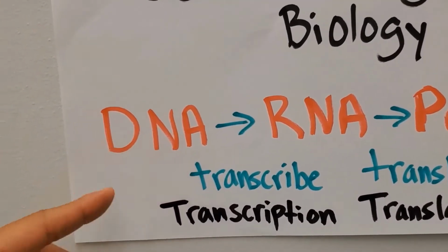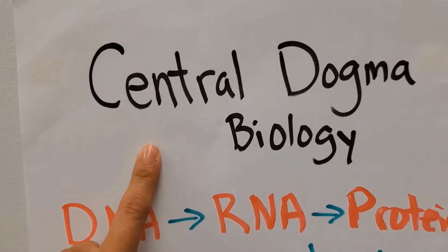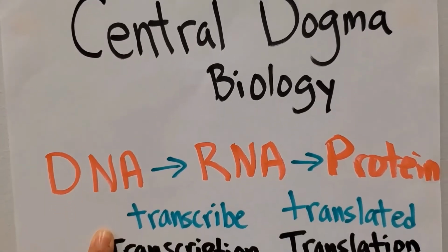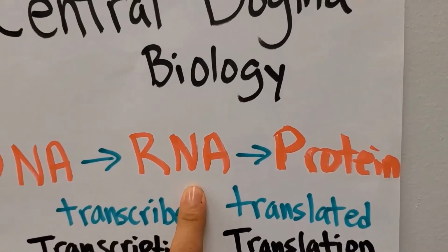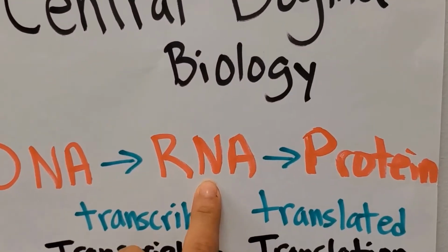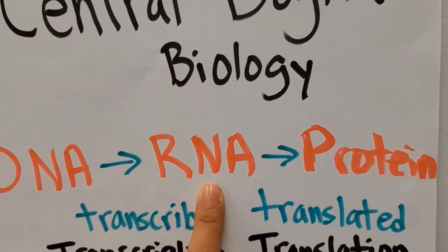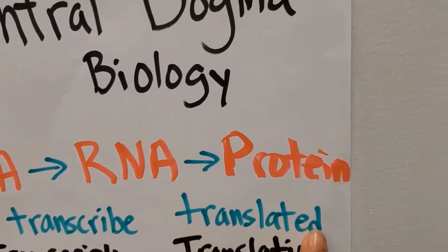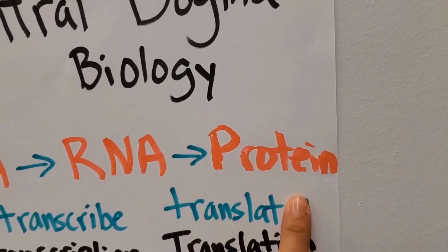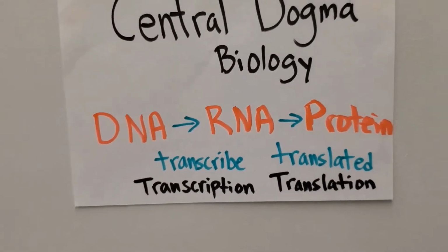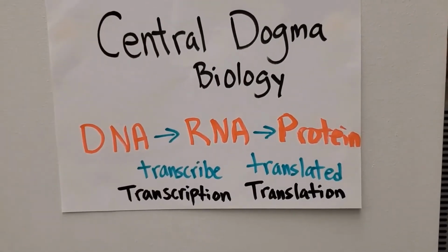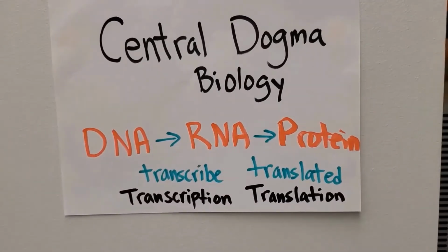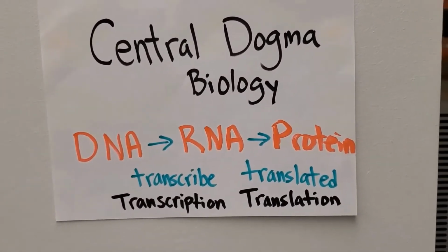Based on the central dogma, that DNA is normally transcribed into a short-lived intermediate called RNA, and that RNA is then translated into protein. So once again, to recap, DNA is transcribed into RNA, and RNA is translated